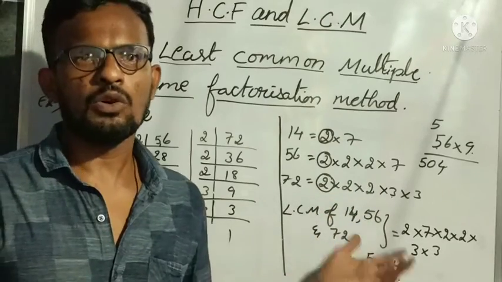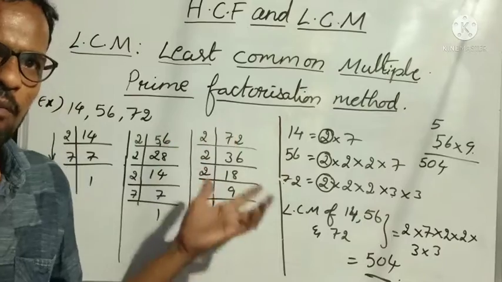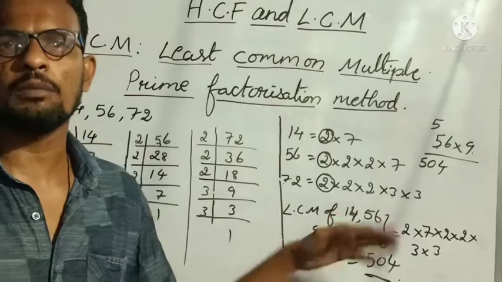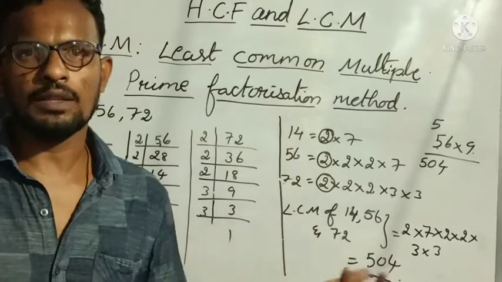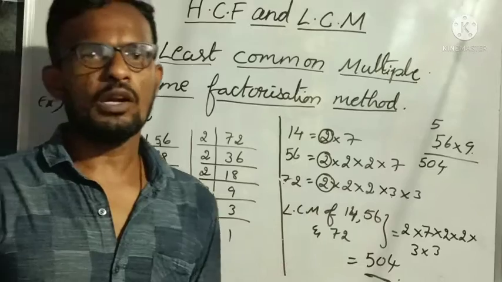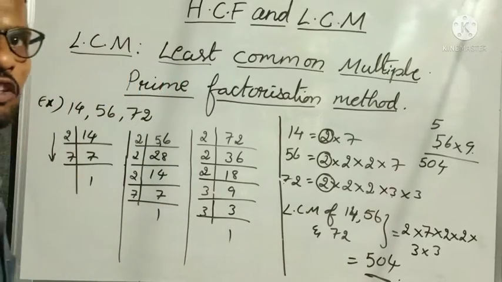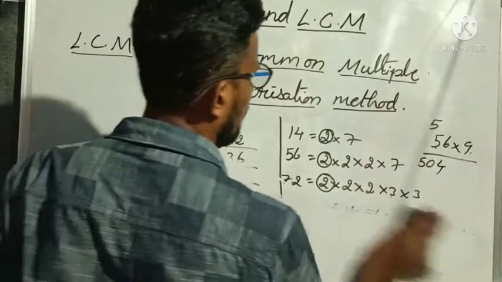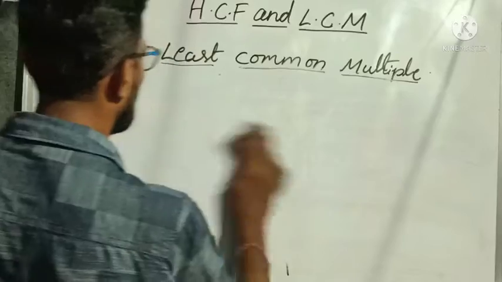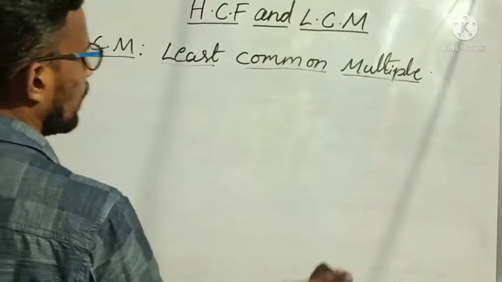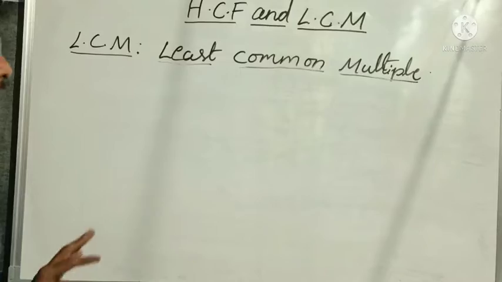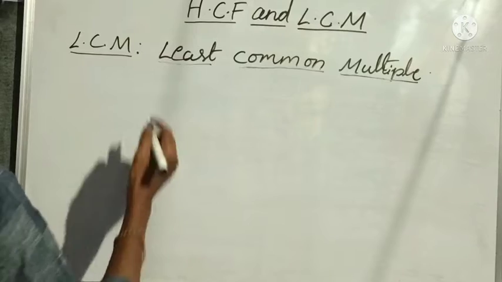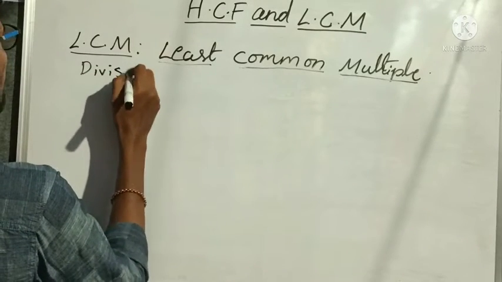Understood? Those who are beginners, follow whatever method I am saying from the starting onwards. So first we have to do prime factorization only. So practice the prime factorization method first, then you can practice the division method. Clear? So now let us move to our next method, that is the division method. Okay? Next method is the division method. In HCF we had the continued division method. Why? Because there we are doing the division continuously. But here we are not doing division, but we call this method the division method.